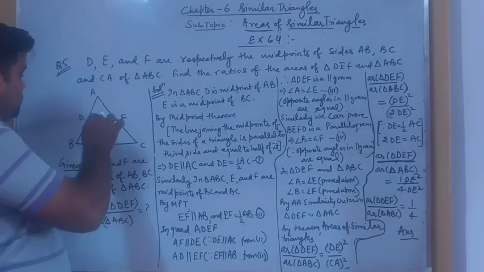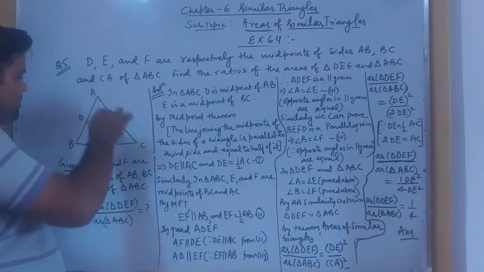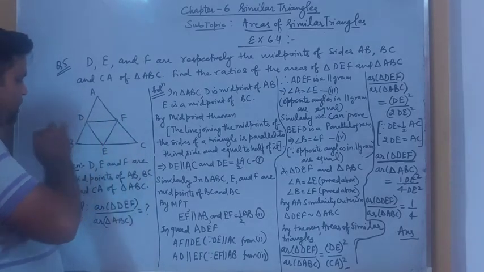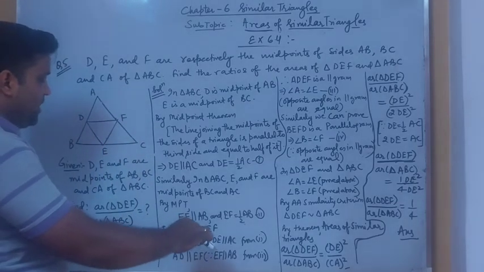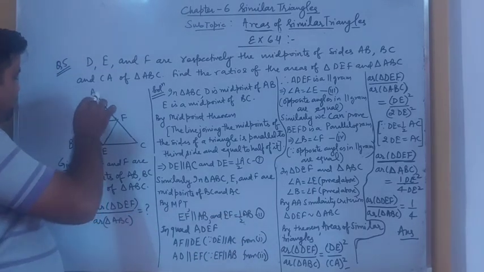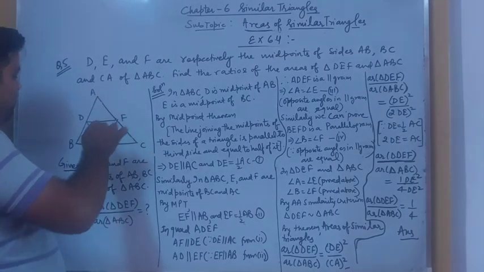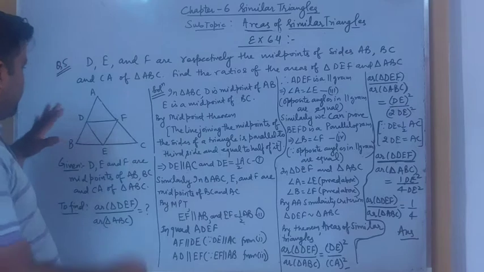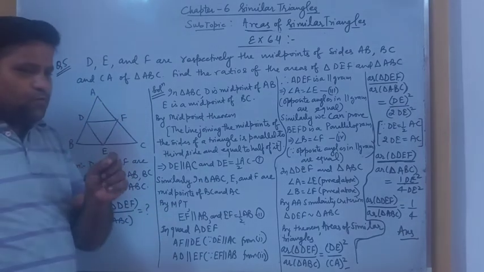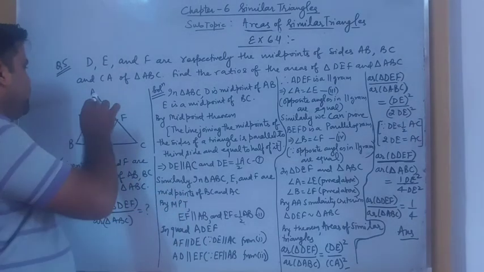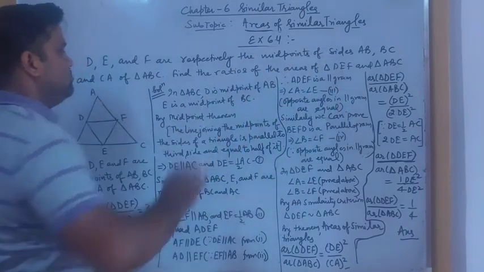As DE is parallel to AC, we can say that AF will be parallel to DE, as DE is parallel to AC from first. And as EF is parallel to AB, we can say that AD will be parallel to EF, since EF is parallel to AB from second equation. So we can say that a quadrilateral in which the opposite sides are parallel will be a parallelogram. So by this, ADEF is a parallelogram.